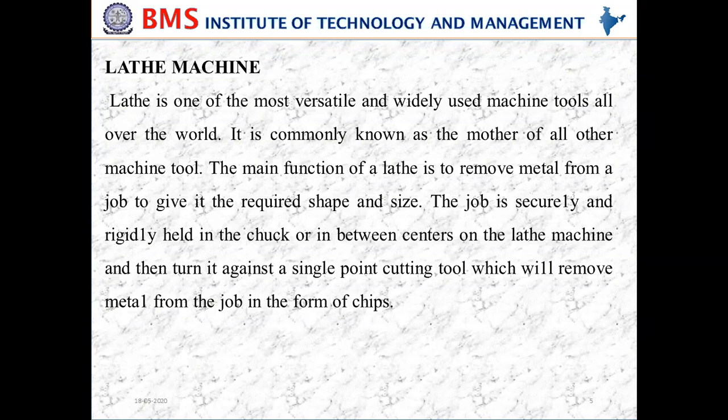a cutting tool against the workpiece. So the lathes are also called turning machines, because we are going to remove the material through the turning operation. Since the workpiece is turned or rotated between two centers, that's why it is called a turning machine. Primarily it is going to produce cylindrical objects and tapered surfaces as well, and it is also used for knurling and thread cutting on metal parts.